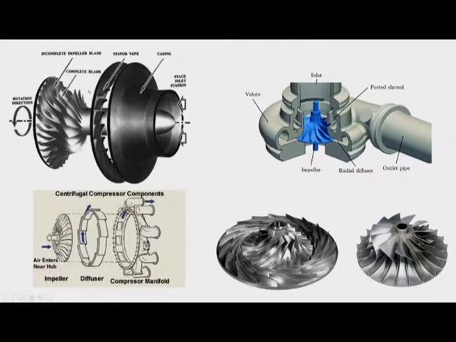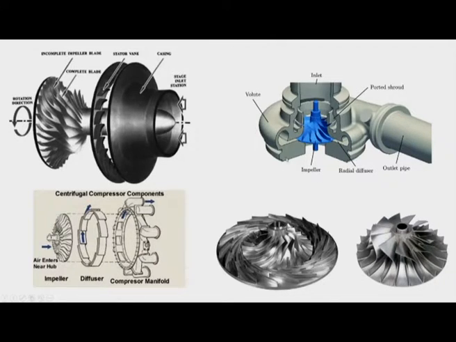So we have flow in this figure which is coming axially in and it will go radially out like this, or it will come from here and then it will go out from here, and then it will pass into the stator vanes, and then it would enter into the volute casing. So this would be the construction of a centrifugal compressor. Again, in the diagram below it, we are having impeller, and then we are having diffuser, and then we are having manifold.